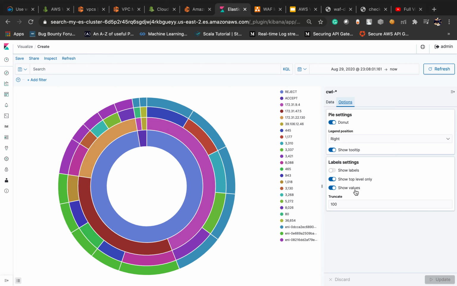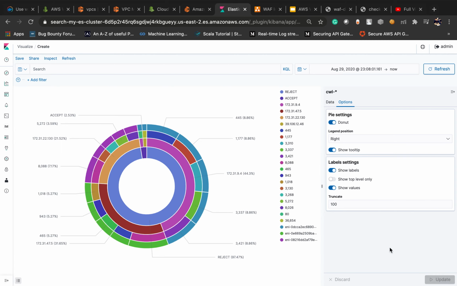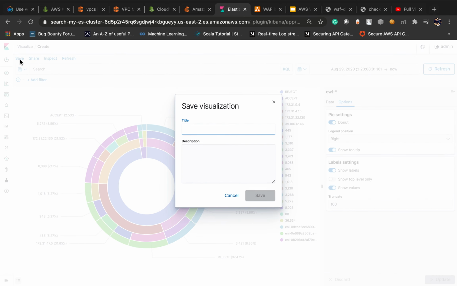And in options, show labels. So save this one as VPC flow.